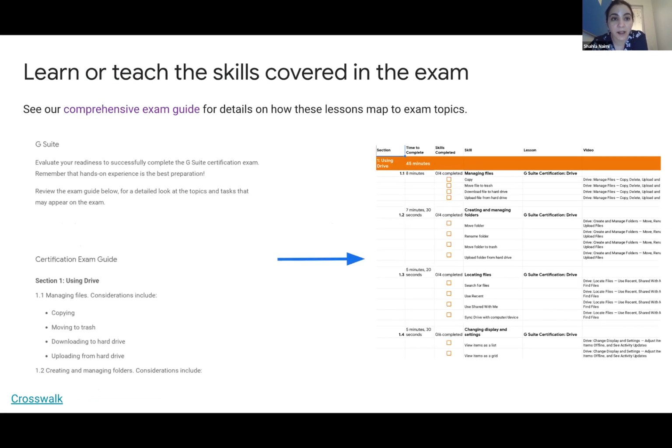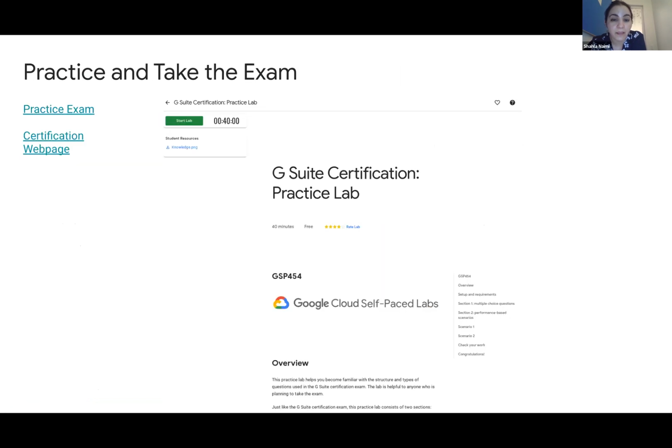And then there are additional resources for you as educators if you want to get into the details as to how the lessons prepare students for different aspects of the exam. You can take a look at the comprehensive exam guide. And you can also take the practice exam just to get a sense of, are my students ready for it? Are they not quite ready for it? So really a nice gauge to get a sense of whether or not that $75 investment or $37 investment should be made.